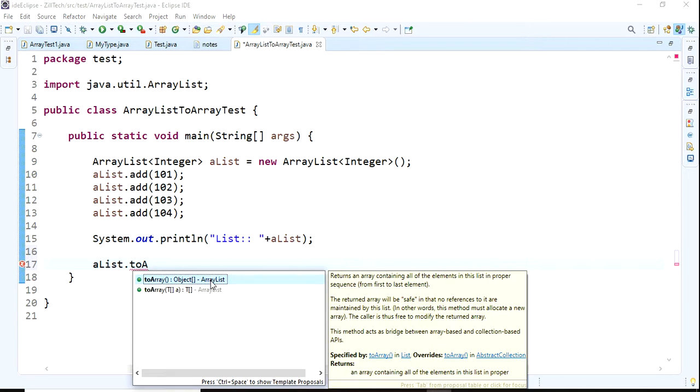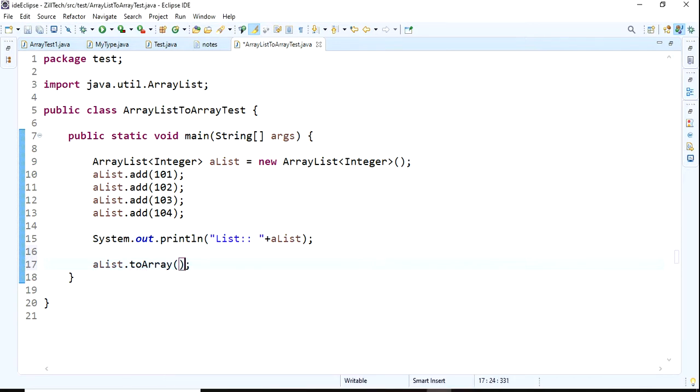Okay, I will take this. What does it return? It returns an object array. So first I am taking it in an object array, obj.